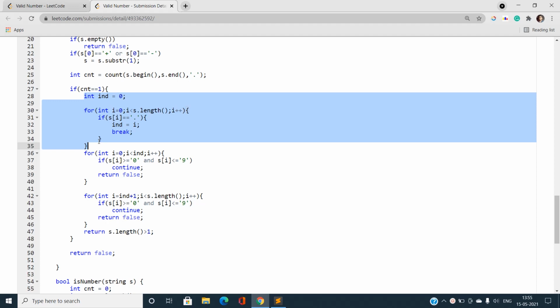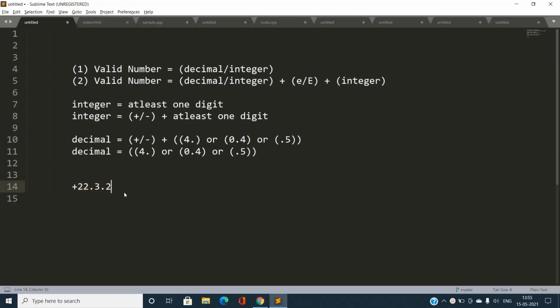And whenever you find the position of this dot, you must take care that there exists at least one digit before this dot and after this dot, and that all those numerical characters should be in digit form. I'm just going to explain. Suppose we have 1 3 3 6.